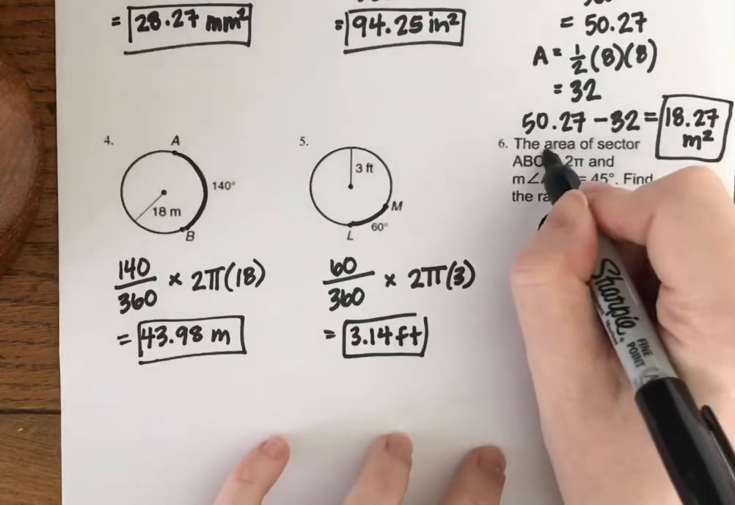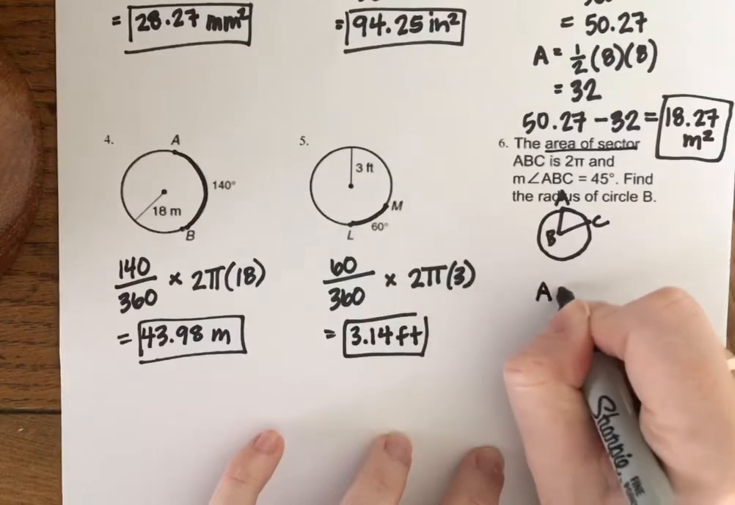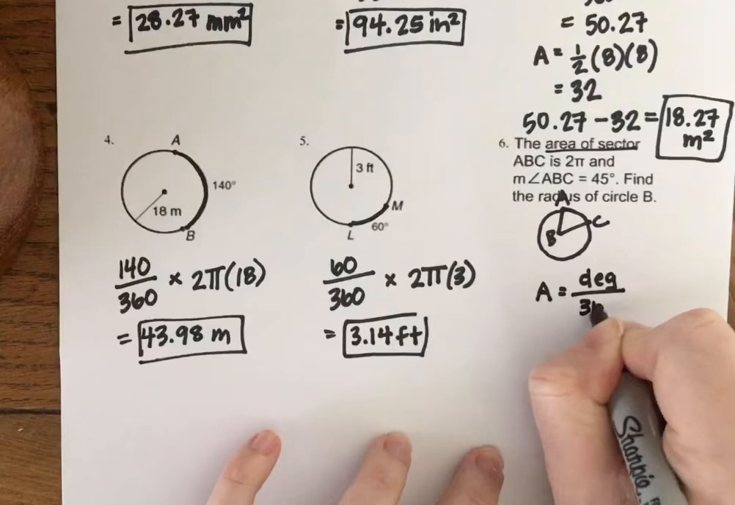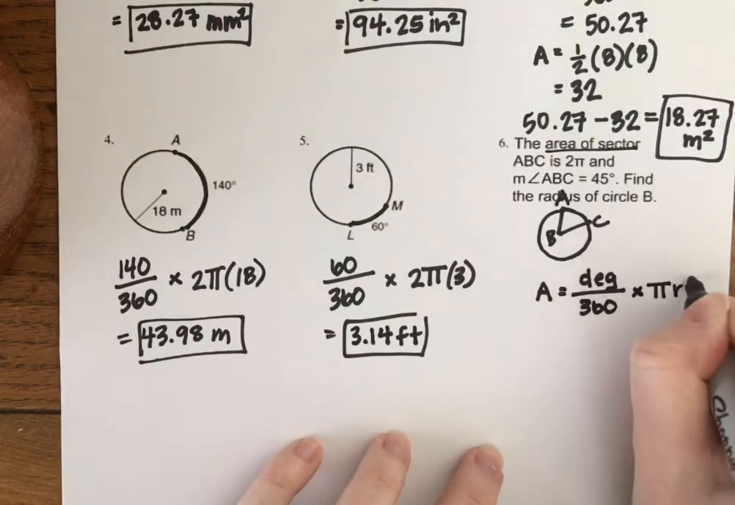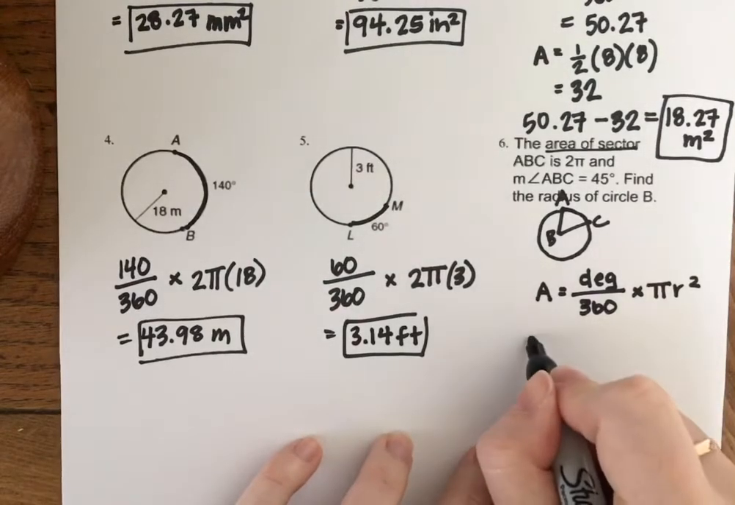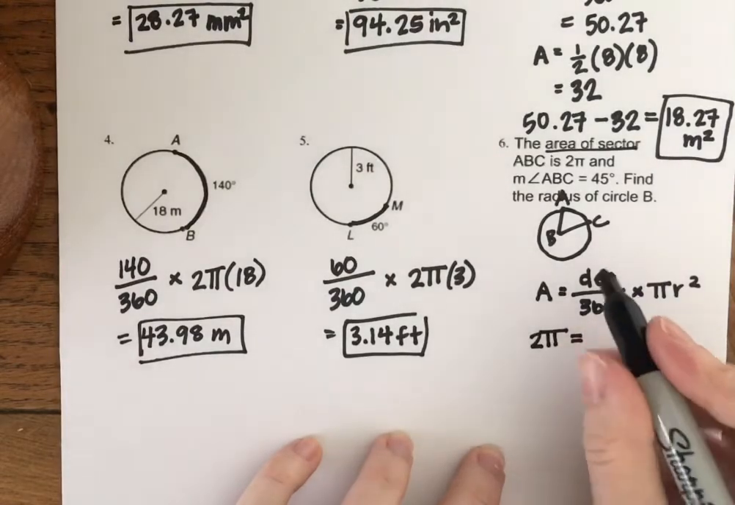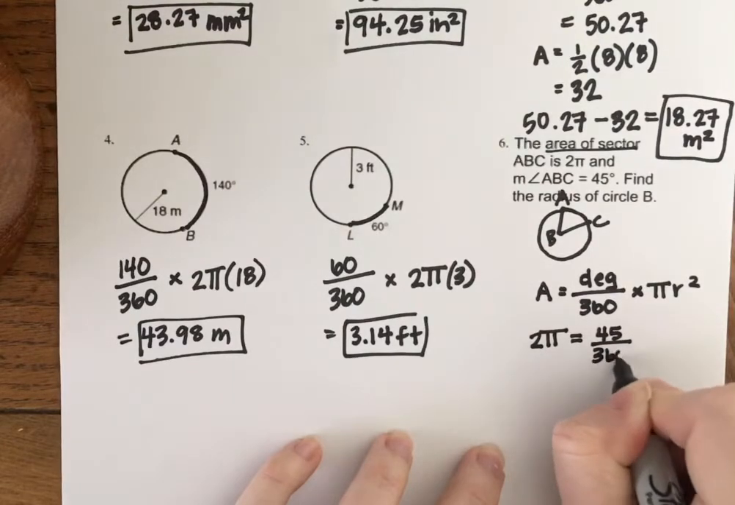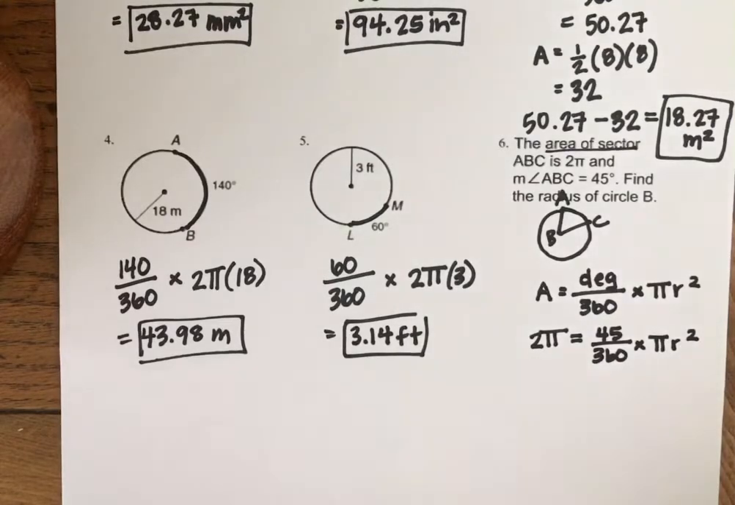So sector area is what we're working with. Let's plug into our sector area equation. Again, here is my equation: the area equals degrees over 360 times pi r squared. It says that my area is 2 pi, so I'm going to plug that in for the big A right there. My degrees is 45 over 360